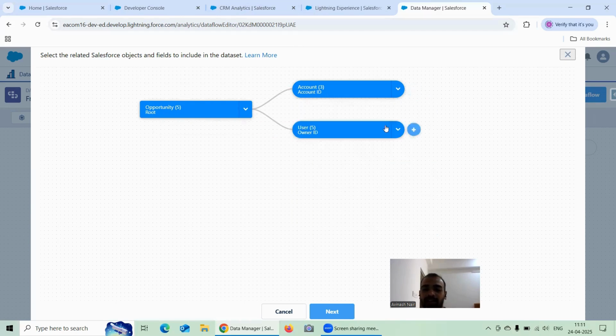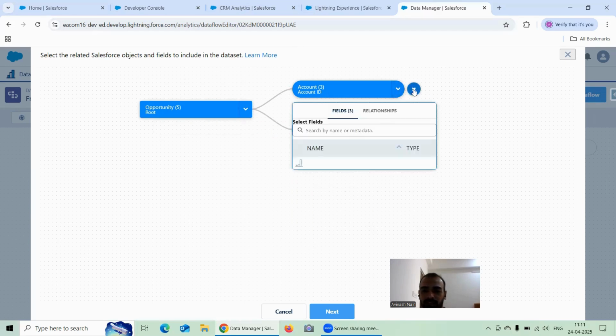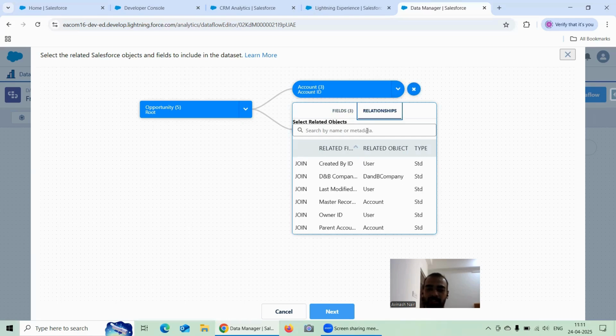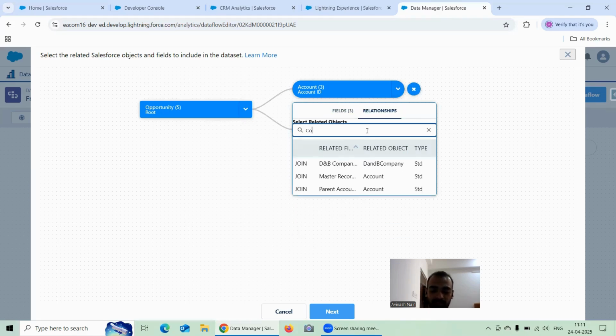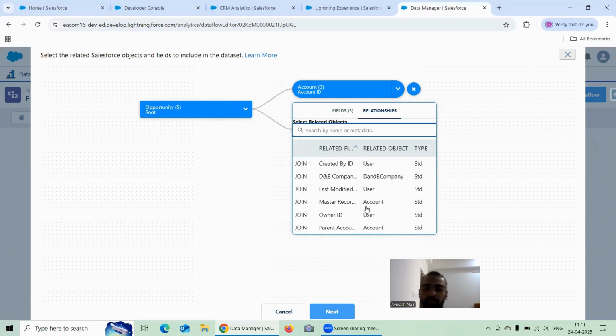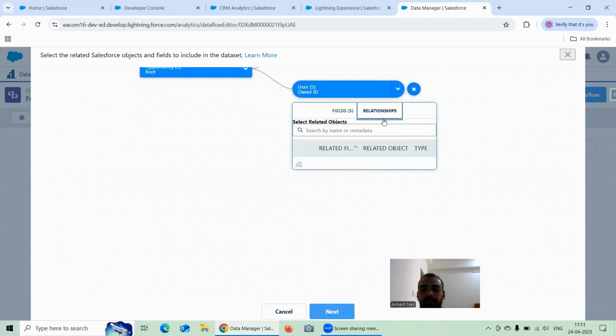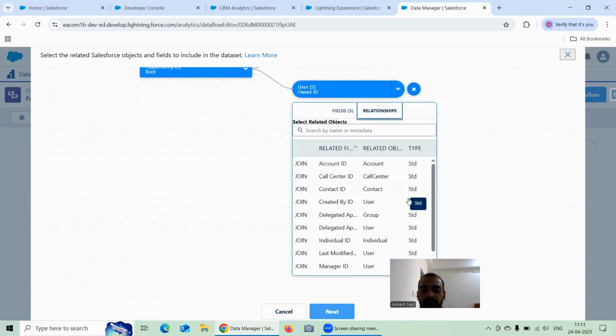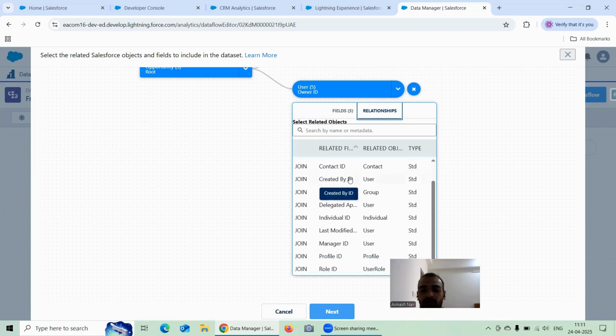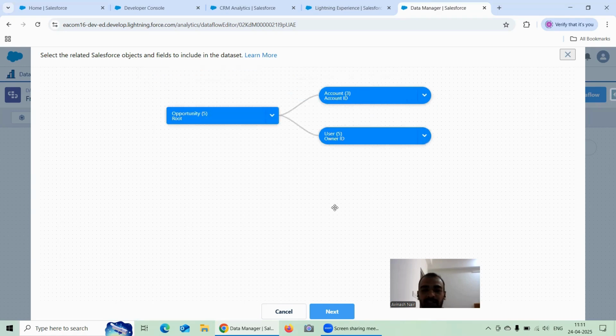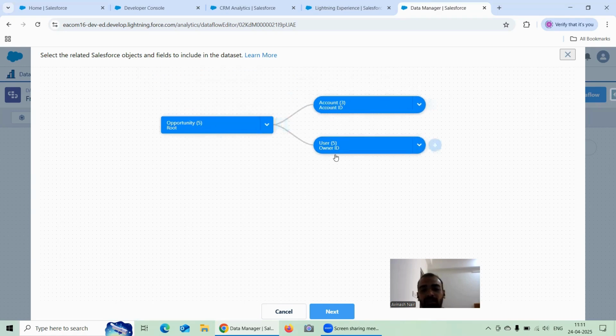Fine. And let's say, I'm not quite sure if we can get... let me just check if I can get something with contact. Yeah, these are the options which are available. Like from that opportunity after account, you can get further information on the user, and from here also, if you click on this relationship, if now you want to connect with the contact, you can further do it from the user. But anyway, in our case, right now we will stick to these three objects, that is opportunity, account, and user. Now, if I click on next,